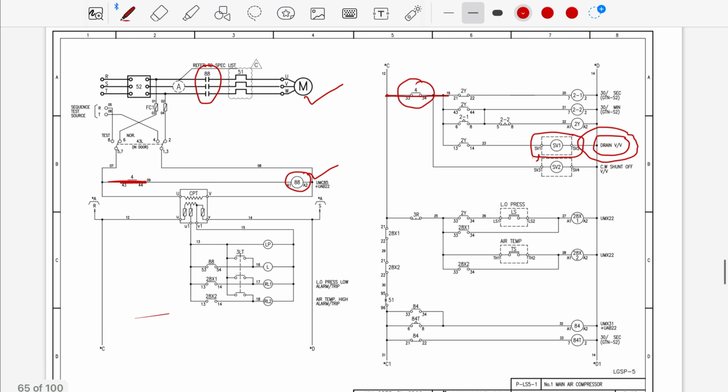Let's talk about the SV2. This is solenoid valve 2 for opening of the cooling water line. As soon as these four contacts close, this line will get supply and SV2 will get energized and cooling water will start. But this SV1 is not starting for 30 seconds, as I told you,